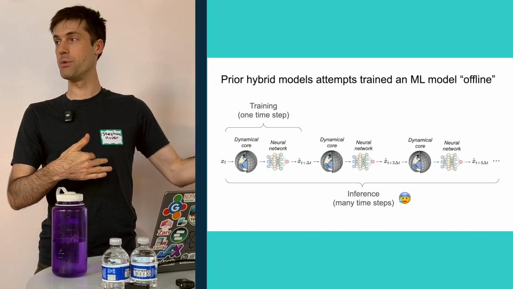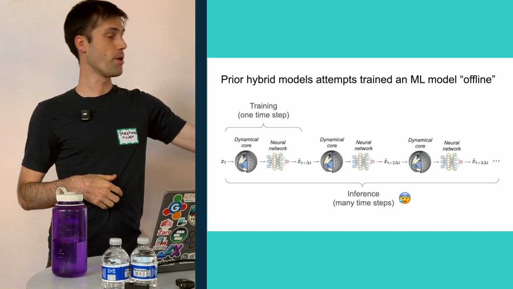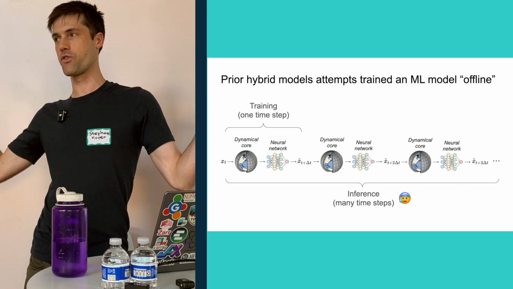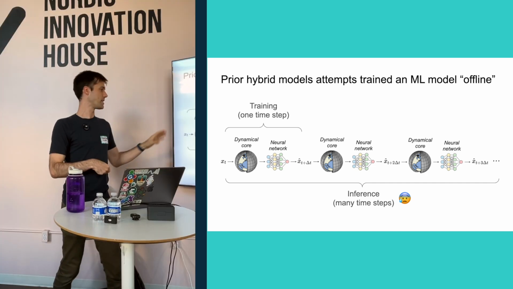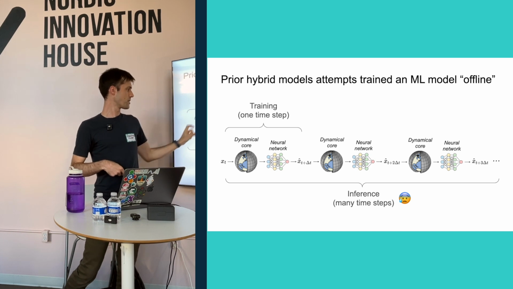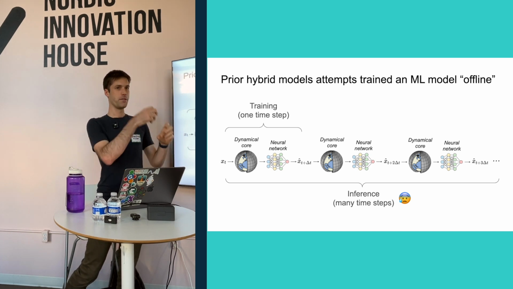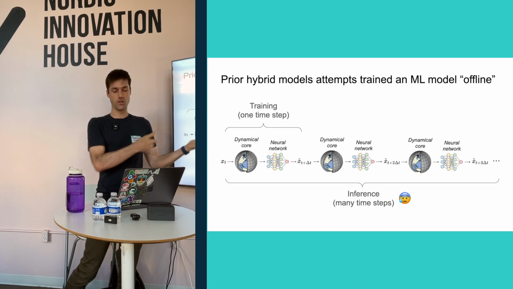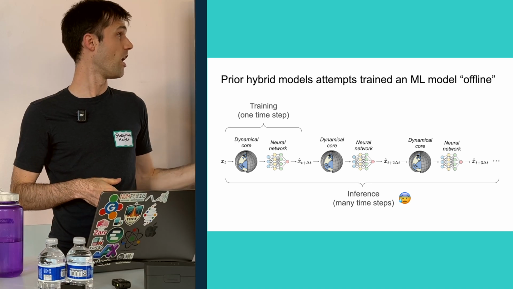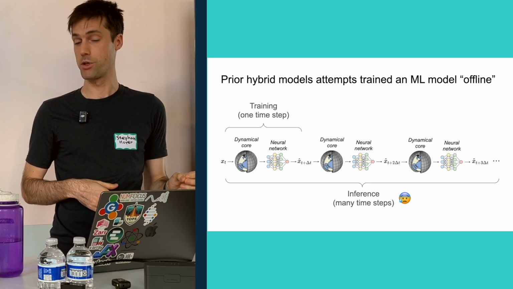This train-test skew means that oftentimes you run these models, and a simulator works for maybe a few hours, maybe a few days, and then it just kind of explodes. The neural network now sees its own mistakes, and it never saw those mistakes in the training data. Because of that, these traditional models often have really poor performance when you actually run them.